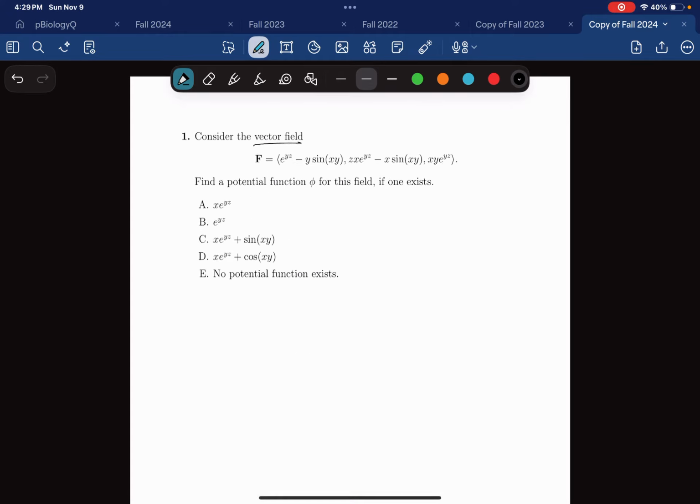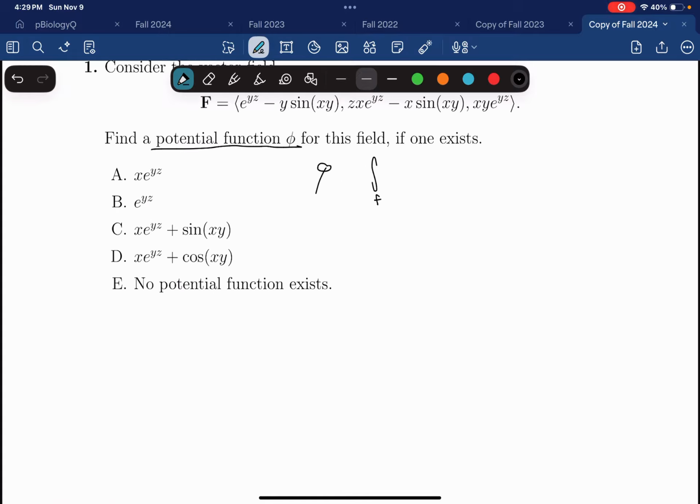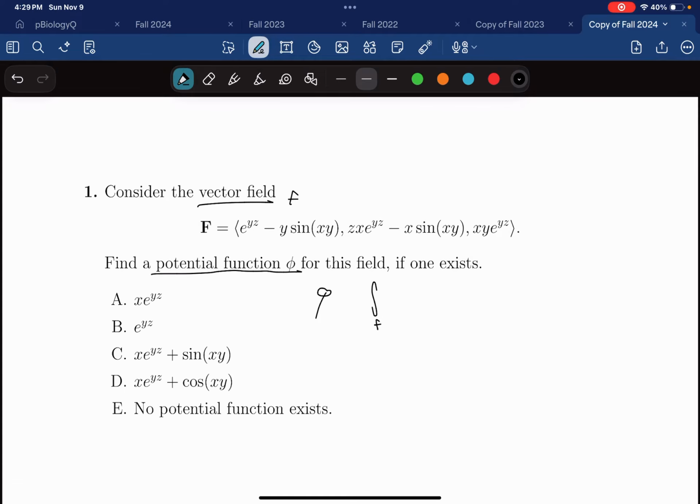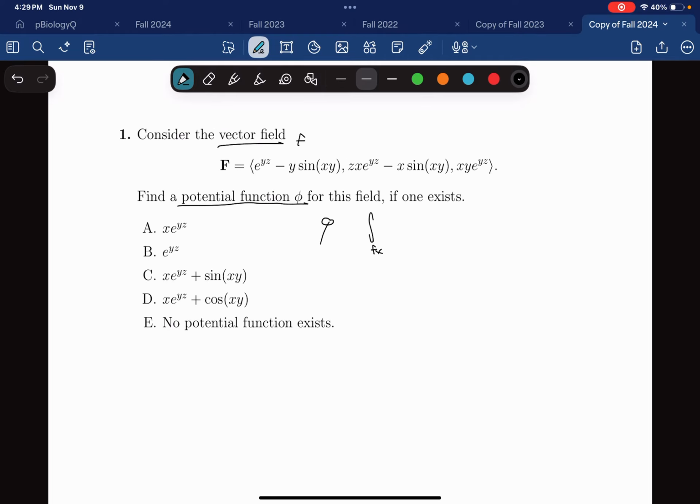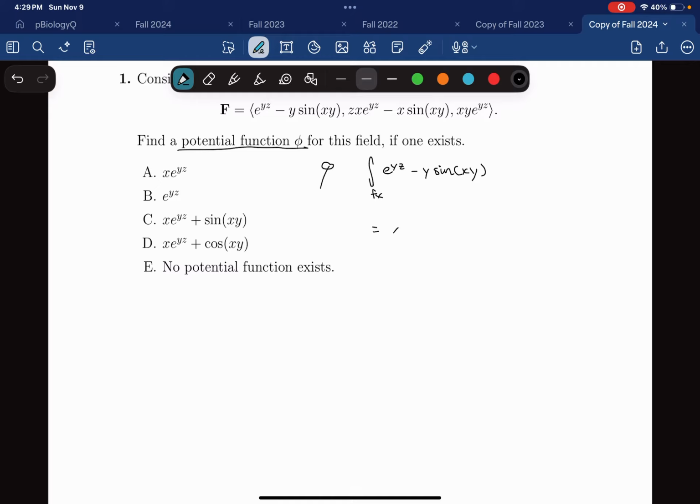Consider the vector field potential function. This weird thing. Okay, so we gotta first find the integral of the f term, x. So that'll be e^x. Whoops, I should probably just write it out. e to the power of xz minus y sine of xy. So that produces x times e to the power of yz